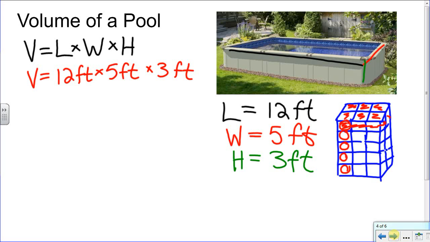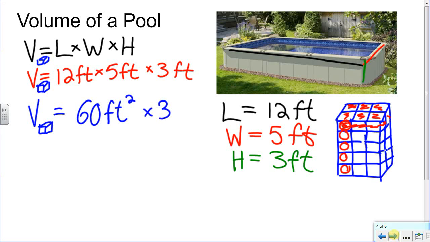And 12 times 5, we know this is actually volume of a rectangular prism. I need to make sure we clarify this because not all volumes are calculated length times width times height exactly. But 12 times 5 we know is 60, and areas are in feet squared because they have 2 dimensions, but we still need to multiply by this height and see how many levels we have. So our final answer for this volume of this rectangular prism is going to be 60 times 3. We can do that mentally. 6 times 3 is 18. Then we'll multiply that 10 back in for 180